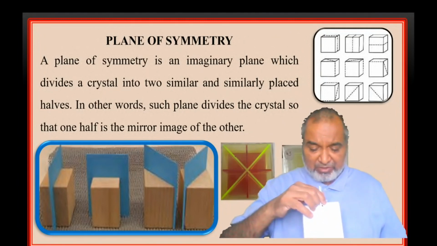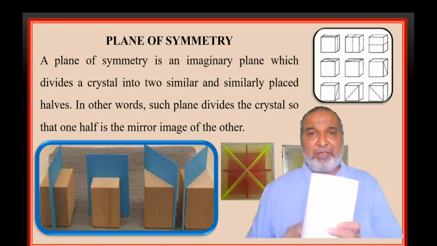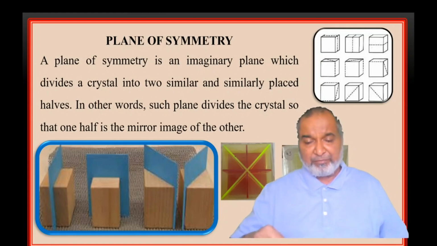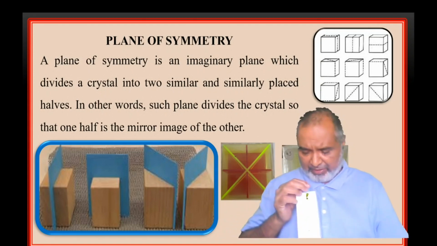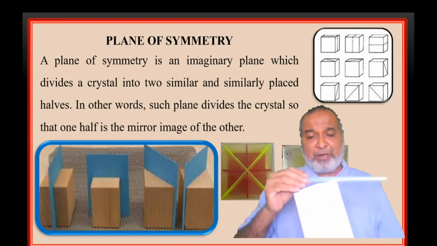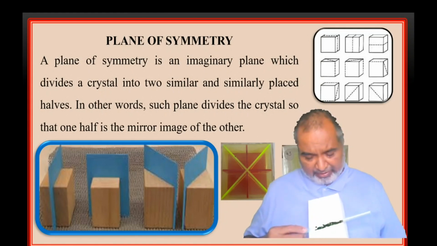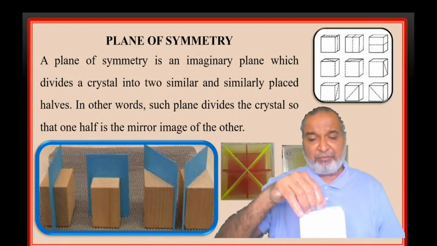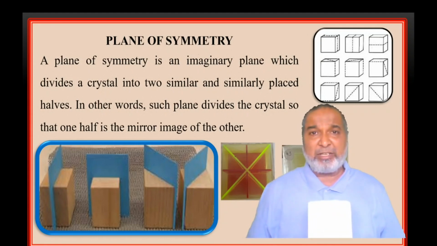First, one plane from the center of the face, front to back. Left will be the mirror image of the right. So this is your first plane. If I do it left to right, it divides the face. See now, left, if you make it out, is going to divide the face exactly. So this is the second one, along left to right. And the third one, horizontal, if you make it out, is going to divide exactly. So there are three planes: one from the center front to back, one left to right, and the third one the bottom.